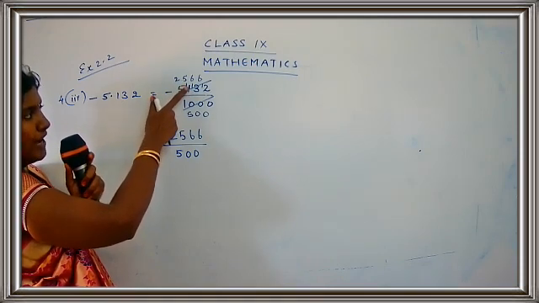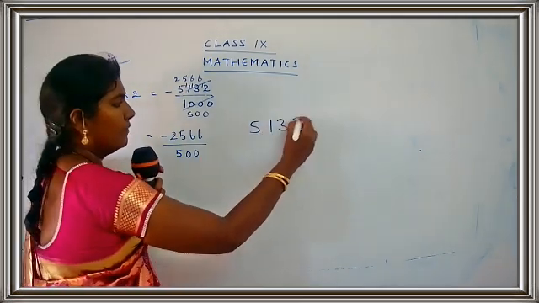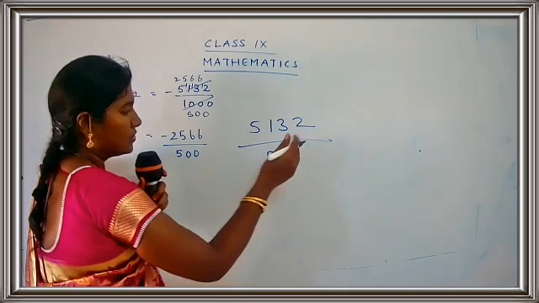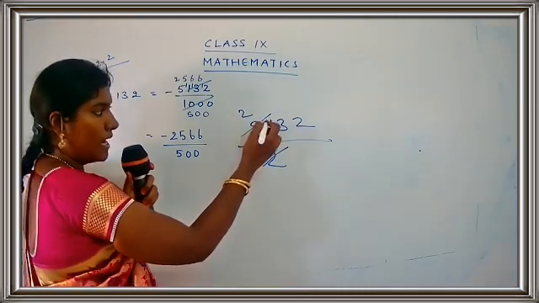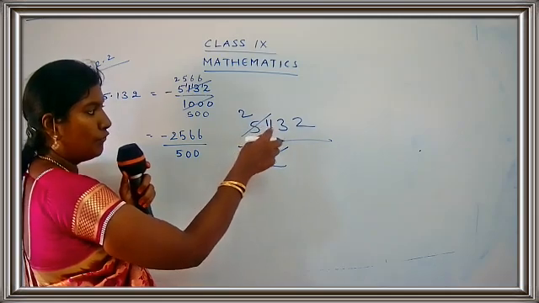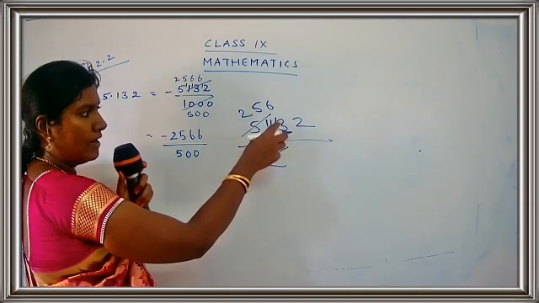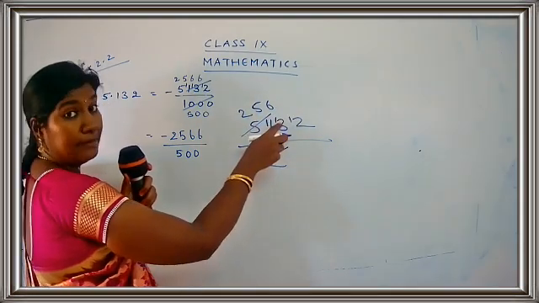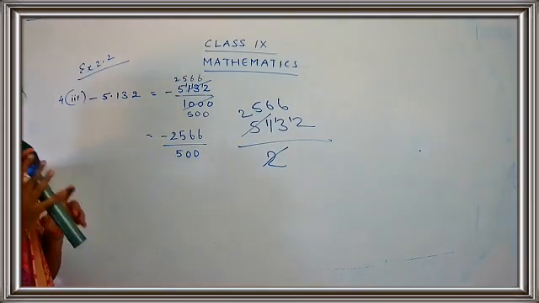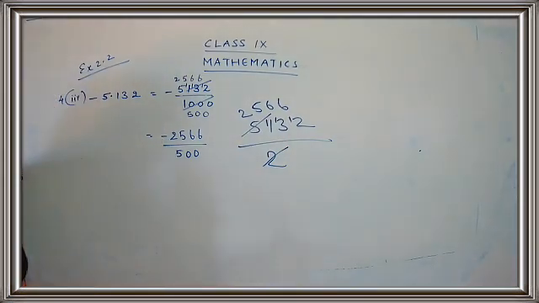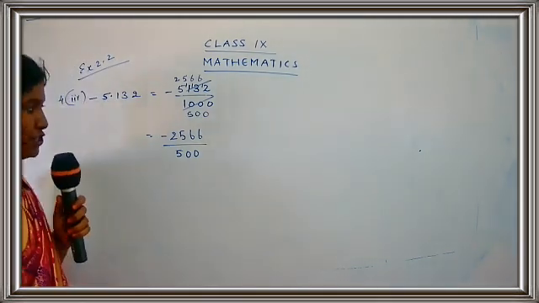Okay. So 2 5s are 10. Shall I do here so that you can be able to see carefully? Okay, so we are going to do. So 2 2s are 4. 1 is left. 2 5s are 10. Again 1 is left. 2 6 are 12. Again 1 is left. There is 13 minus 12, 1. So here 12. 2 6 are 12. So what do you get? 2566 upon 500.